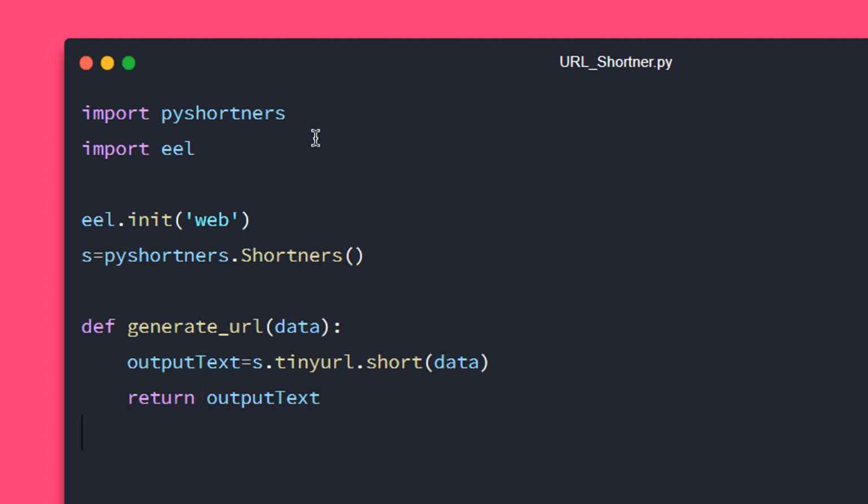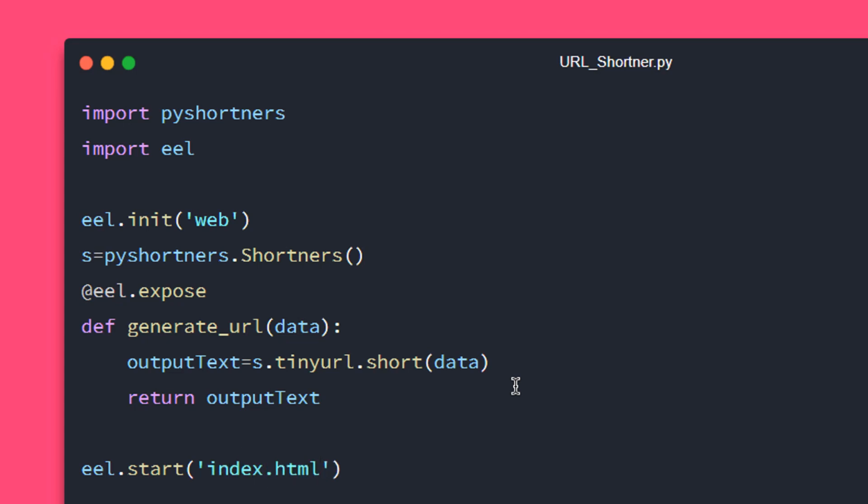Alright, for exposing it we can use eel.expose here. So just type in eel.expose. Now this will expose the function that we have created on the Python side. Alright, to start the program we can use the eel start function. The first argument is of HTML, so index.html is the file in our web directory.